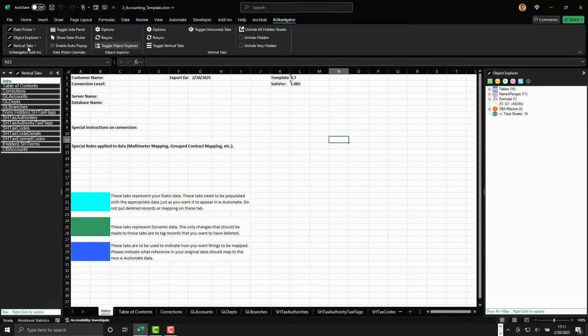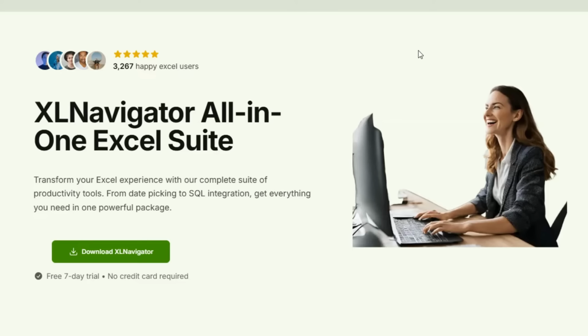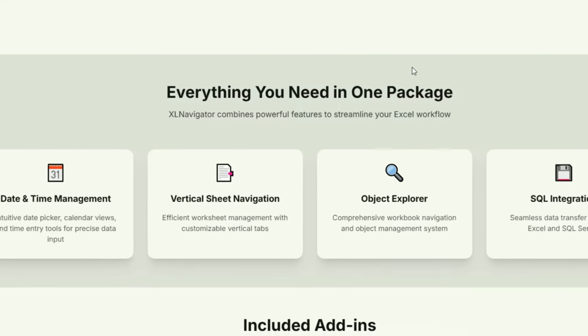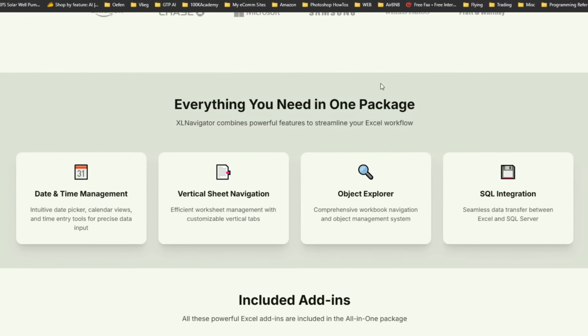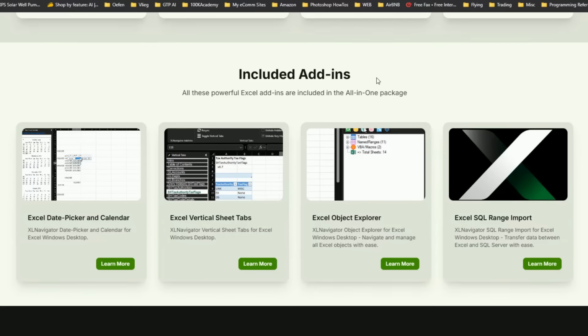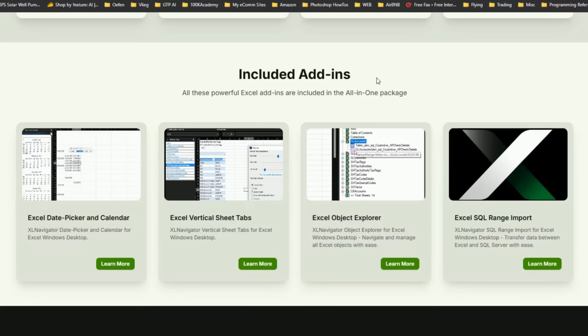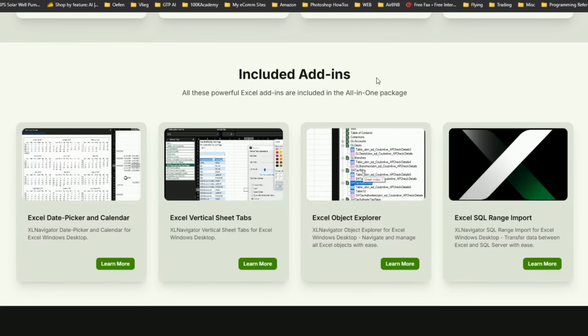Welcome to an overview of XLNavigator, the all-in-one Excel add-in for Windows Excel, available at XLNavigator.com. XLNavigator is a comprehensive suite that combines all the individual XLNavigator add-ins into one powerful package. This all-in-one solution enhances your Excel experience with a complete set of productivity tools, and we are continuously adding new